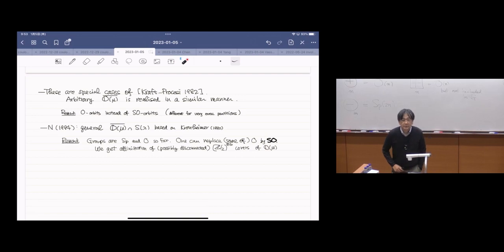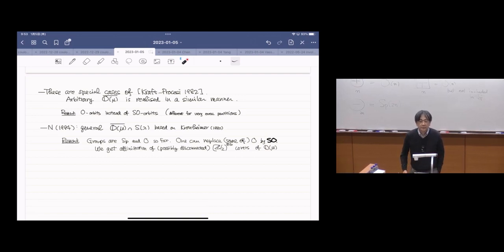In this setting, you don't have the partial. I can, but